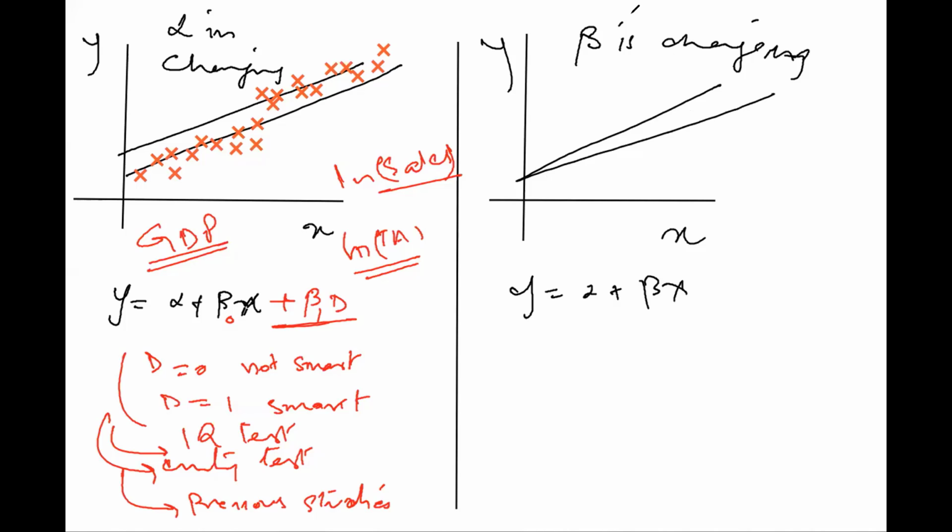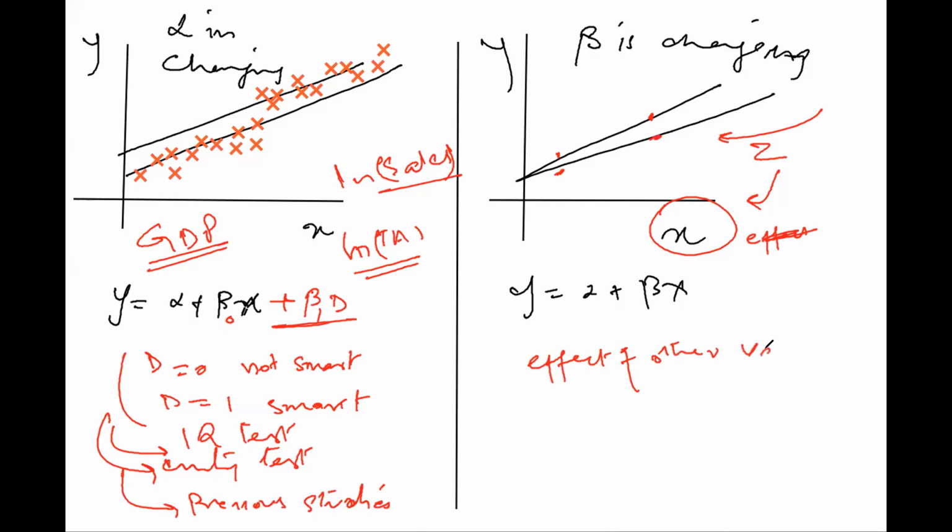So let me summarize it here. The differences in both lines also depend upon the value of x. So it means there is some other factor, z, playing a role, but that z also depends upon the value of x. So the effect of the other variable, let me write it below,